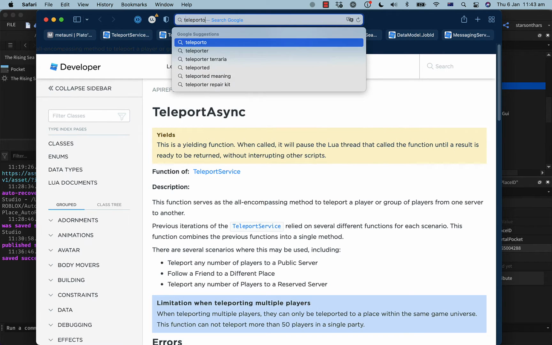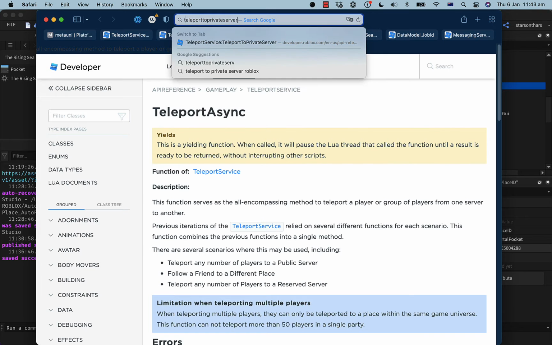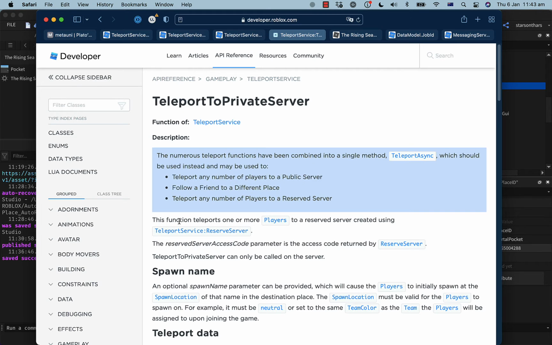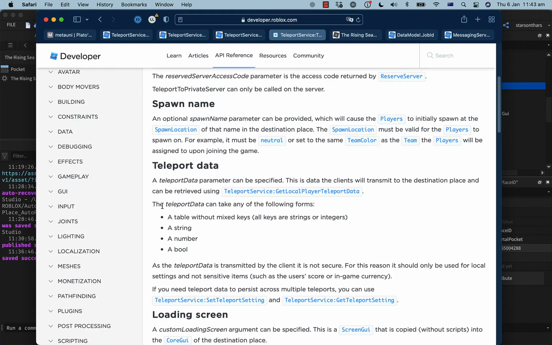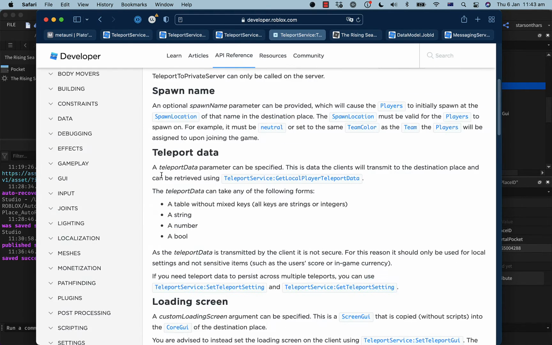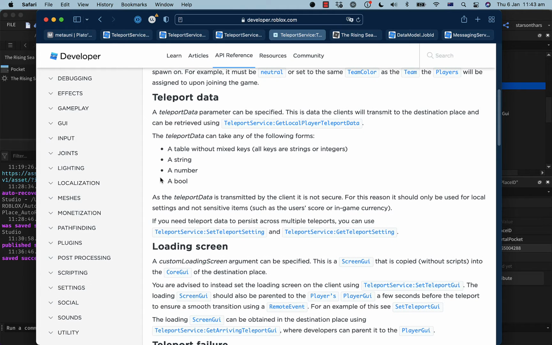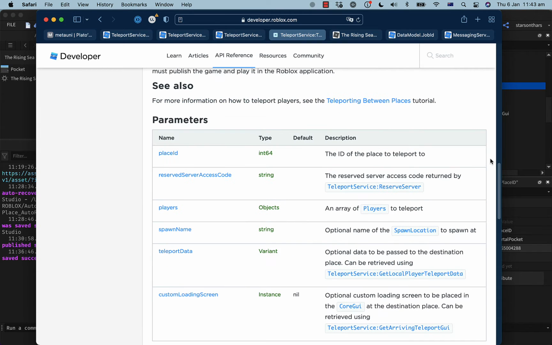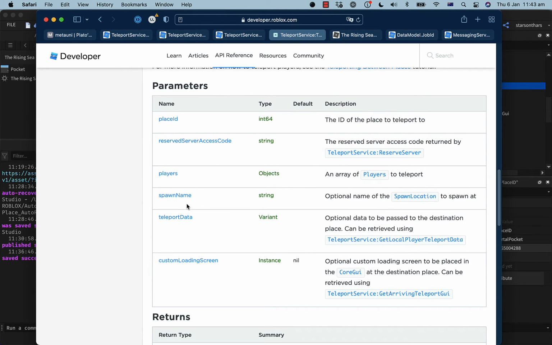Wait, you won't bother doing what? Well, I thought I could do it going the other way as well, right? Going which way? From the pocket to TRS. Yeah, but that's what I mean. So from TRS to pocket, you throw in the spawn location name. But then I don't really need to. Oh, yeah, for on the way back. That's right. But then I can see in teleport to private server this spawn name.